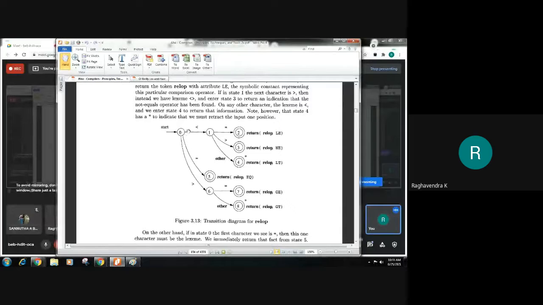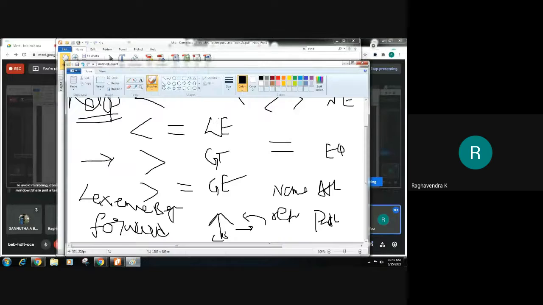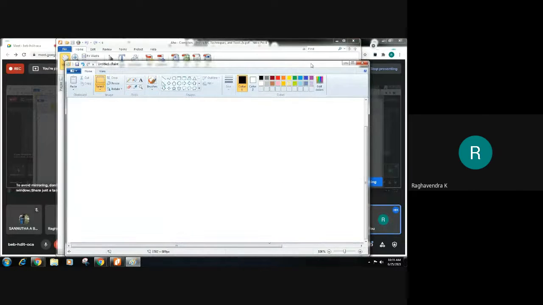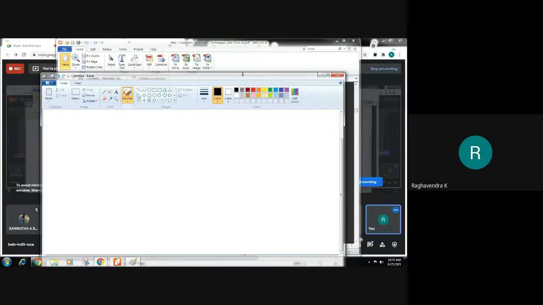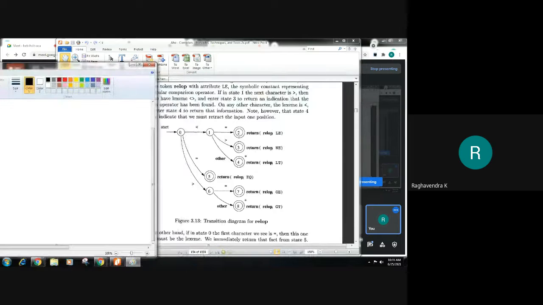We have the start state, which we will indicate with 0. On reading the less than symbol, let us assume that we go to state number 1. Now there is still confusion about whether this is just a less than symbol or a less than or equal to symbol. If it is only less than, then it's fine.